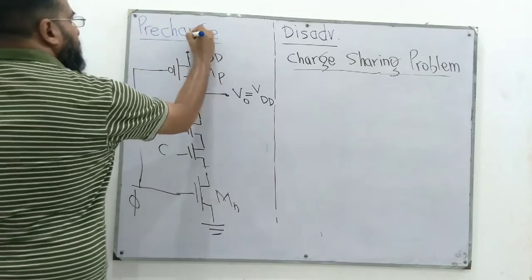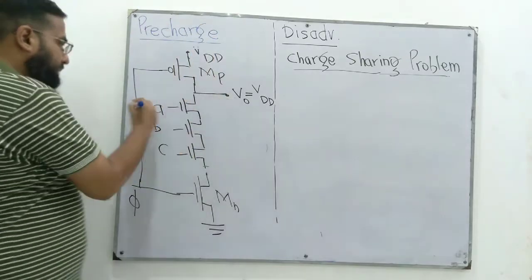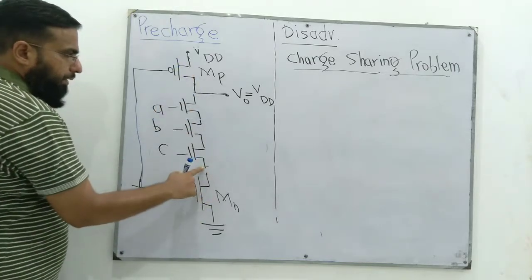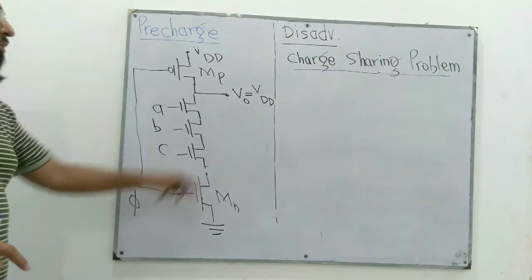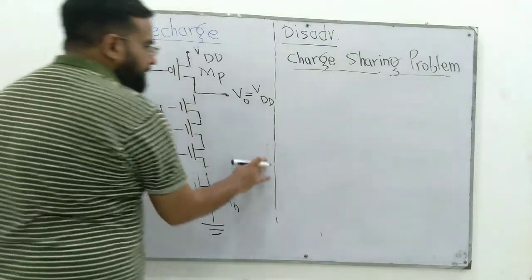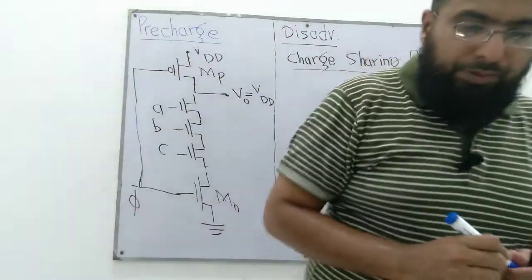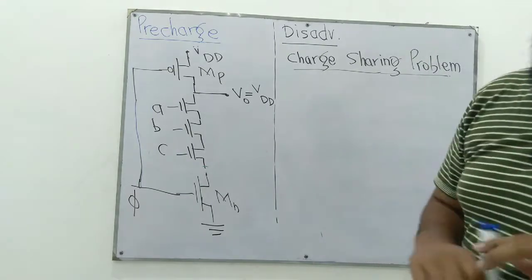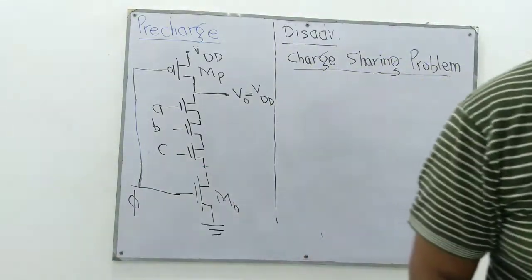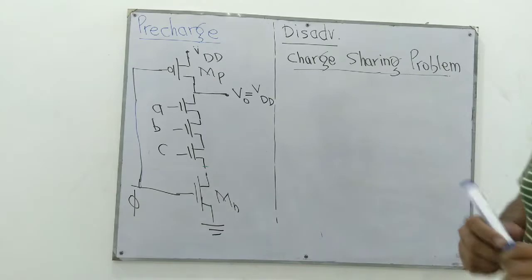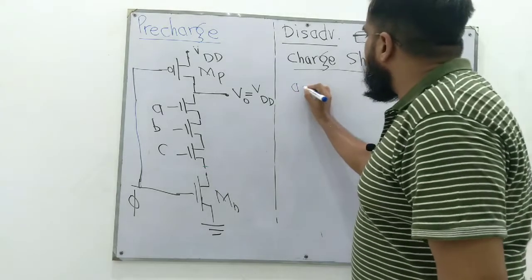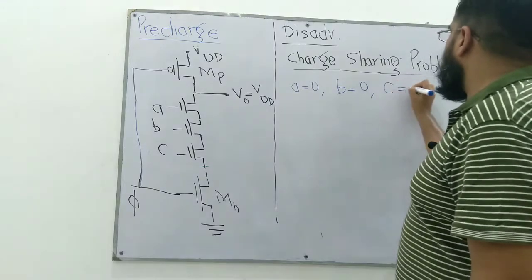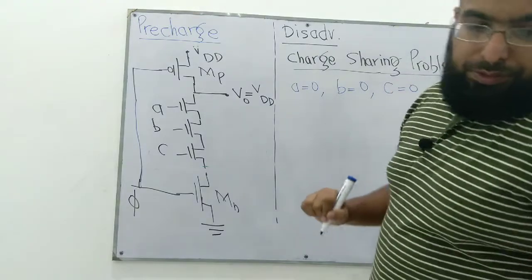In pre-charge mode, the output would be VDD because phi is on, this MP transistor is on, and MN is off. So Vout is VDD, and suppose we have the inputs A equal to 0, B equal to 0, and C equal to 0. The output